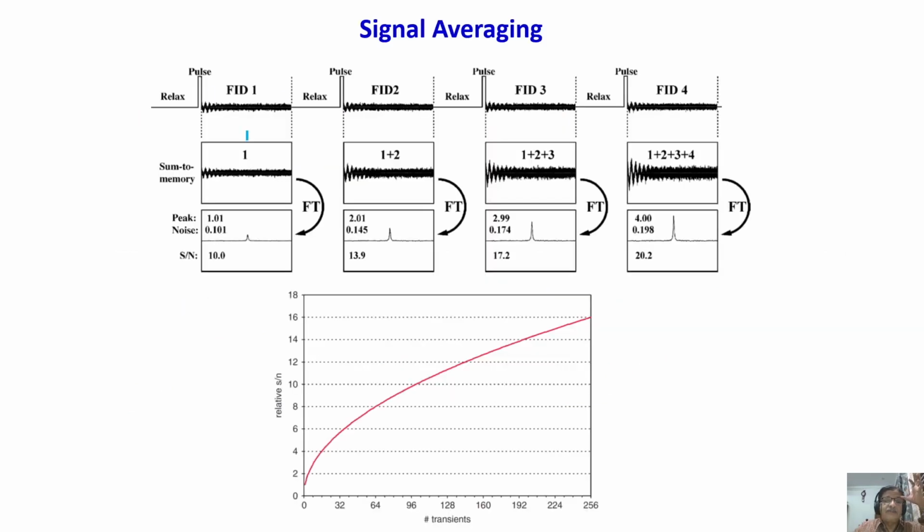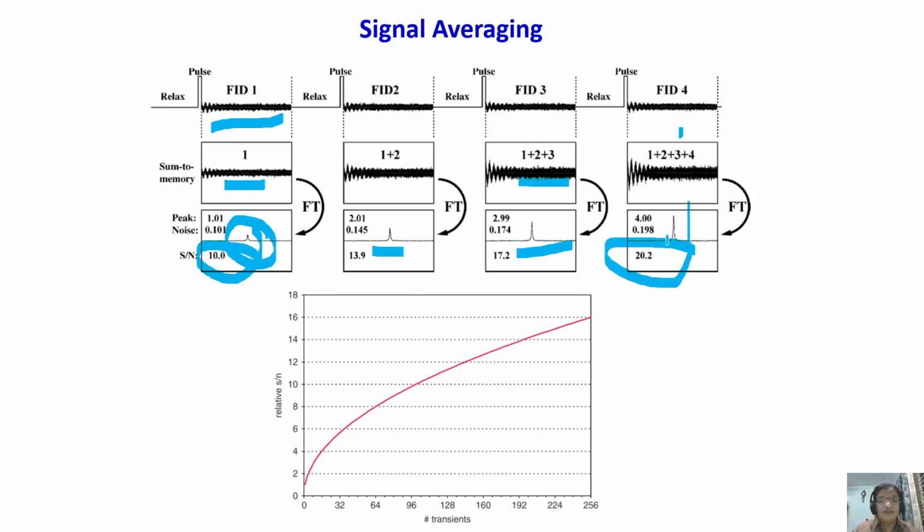This is a picture which shows you if I have one free induction decay, you acquire one signal and do the Fourier transformation. This is the signal to noise ratio. Co-add 1 plus 1, now it is 2. Add 4 FIDs, and the signal to noise ratio should be exactly double, you see. The signal to noise ratio was 10 here, it became 20, you see. To double the signal to noise ratio, the number of accumulations should be the square of that. Signal to noise ratio goes by the square root of the number of accumulations.